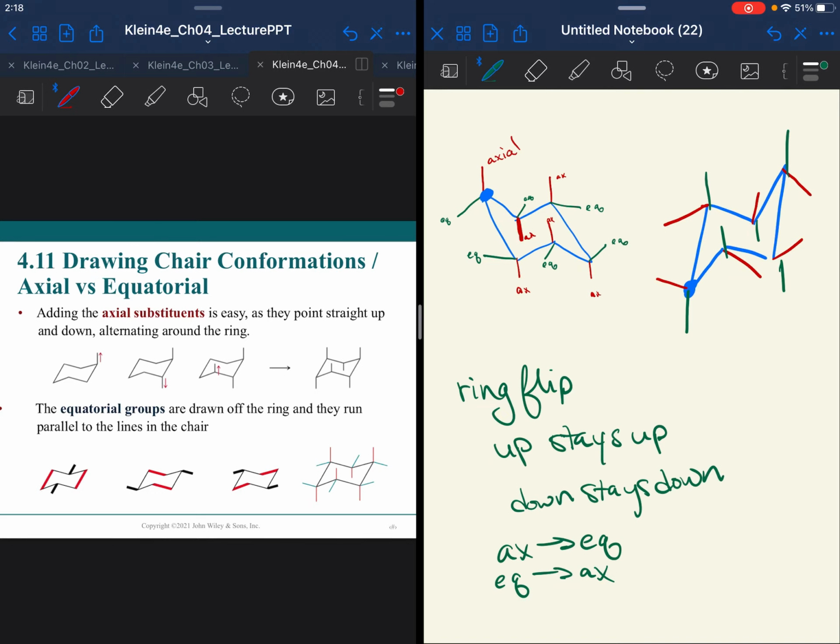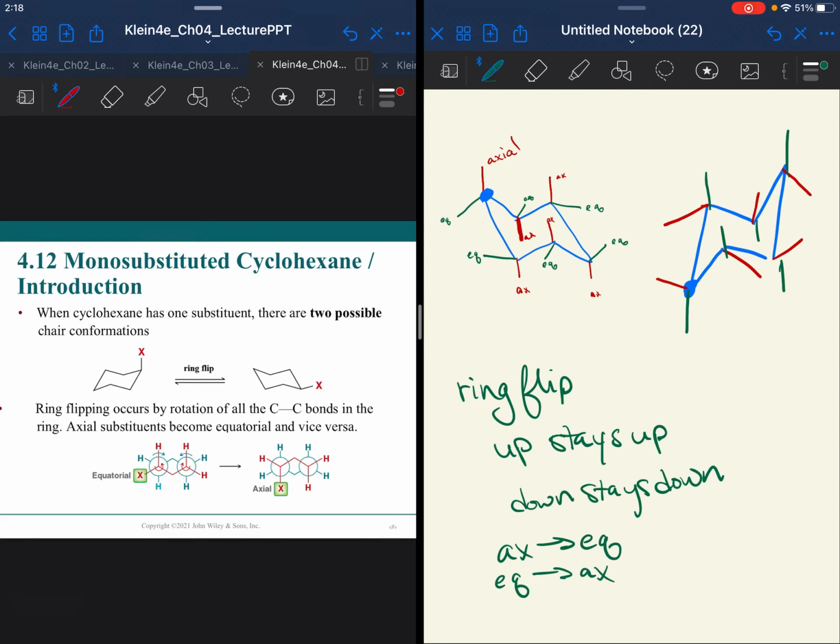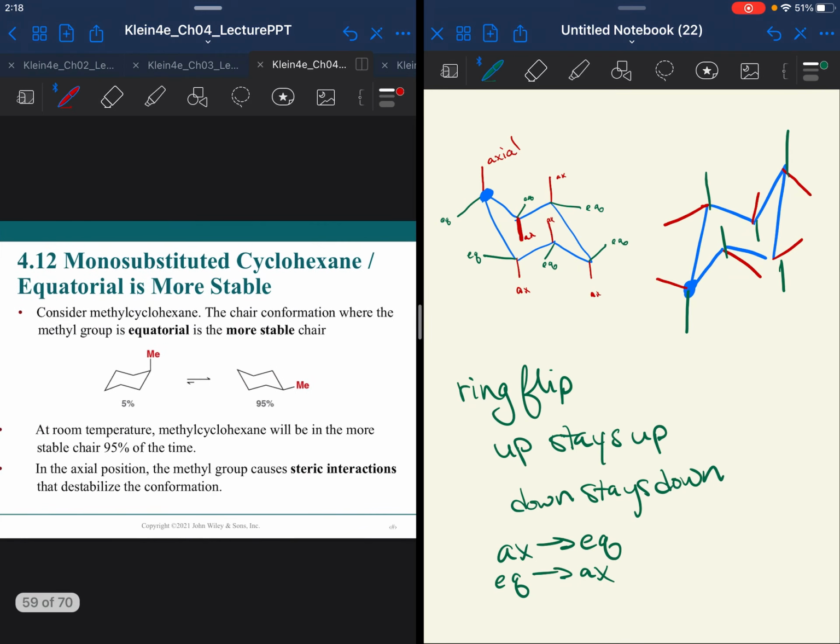Again, this is important because axial and equatorial positions are not created equally energetically. Notice in the ring flip, whatever is attached is up axial, and in the ring flip, it is up equatorial. What is very important to know, and you write down, put it on a note card, chant it to yourself at night: the equatorial position is more stable, and it is because it is further away from the other things